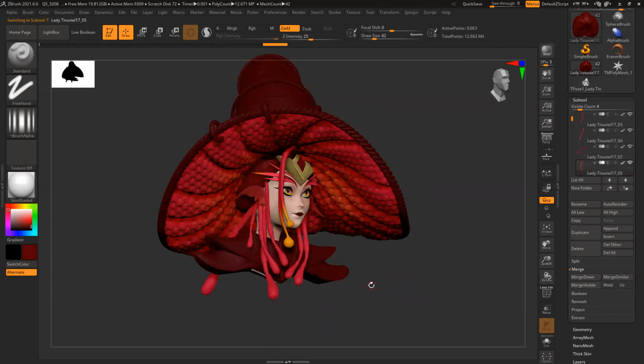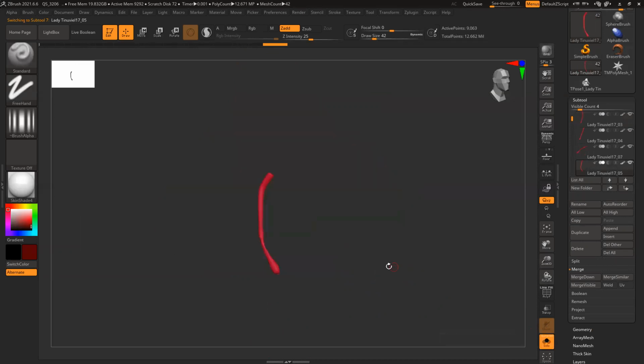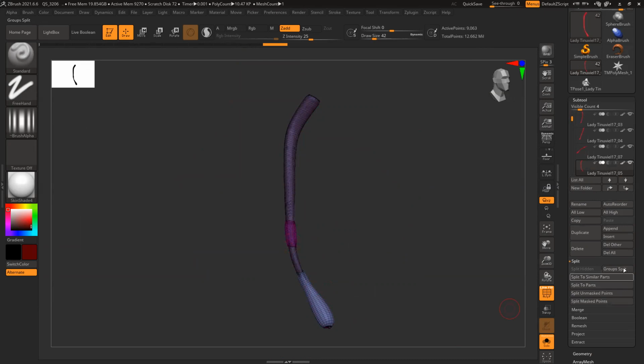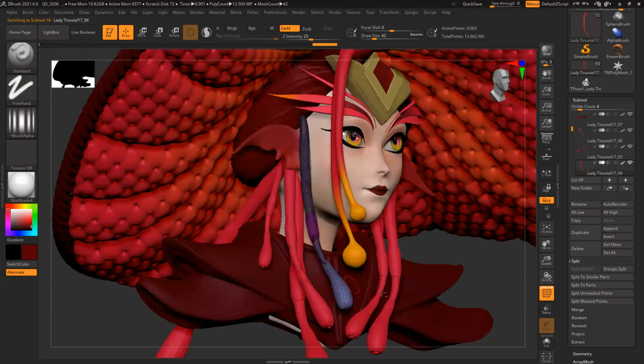Okay, I have to merge them or I have to split them. Solo, shift. They're like two separate poly groups, so I have to split them. Group split. No solo. Group split.